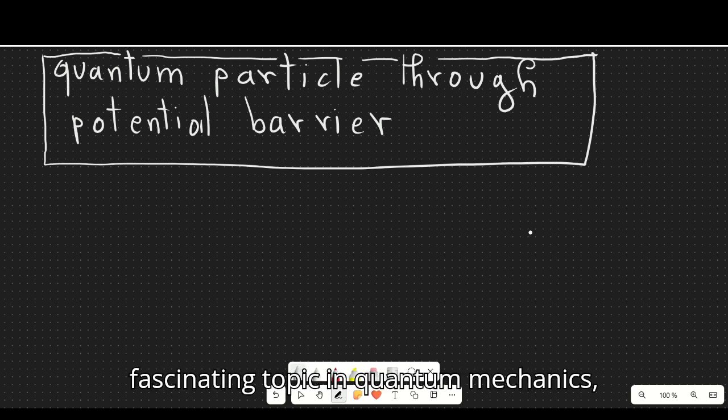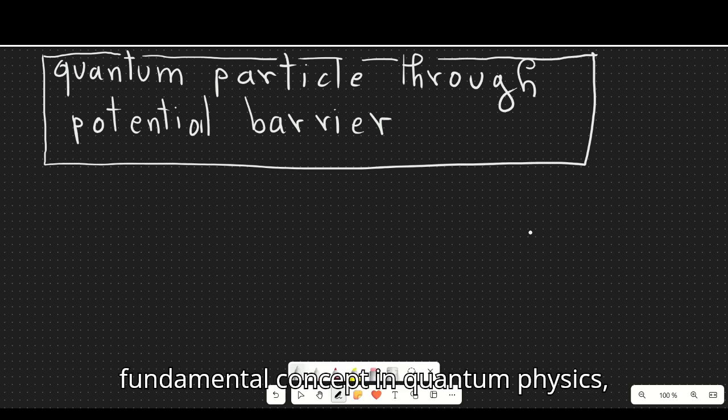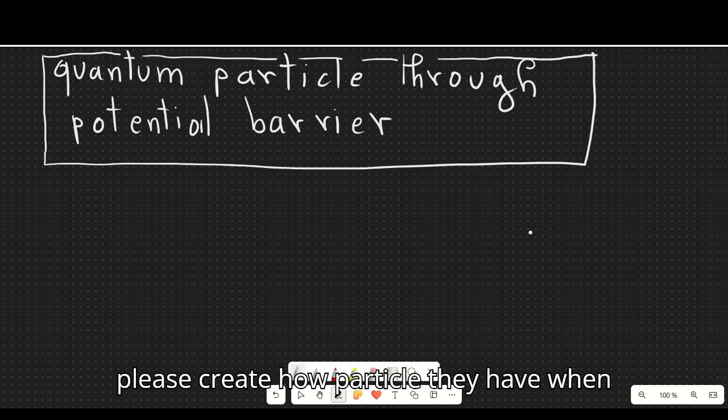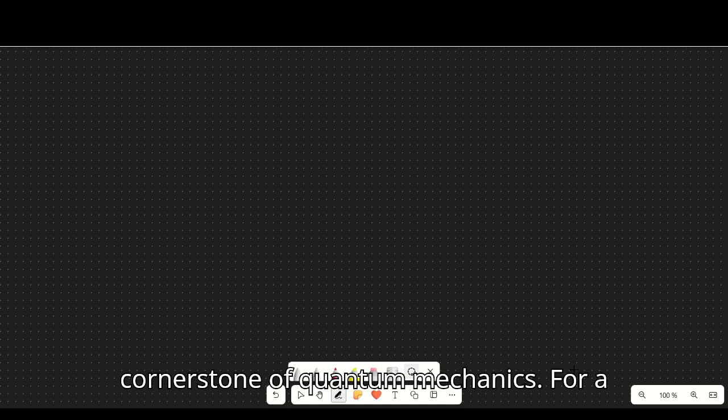Today we will explore a fascinating topic in quantum mechanics, solving the Schrödinger equation for a potential barrier. This fundamental concept in quantum physics illustrates how particles behave when encountering obstacles on the quantum scale. The Schrödinger equation is the cornerstone of quantum mechanics. For a particle of mass m, it is given by